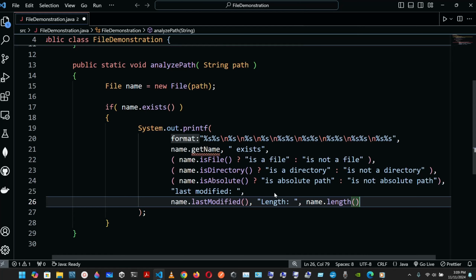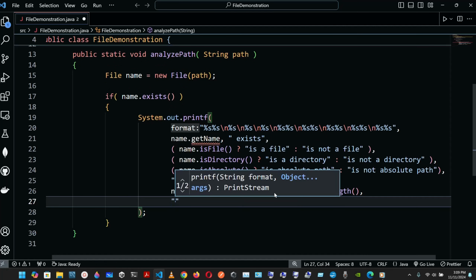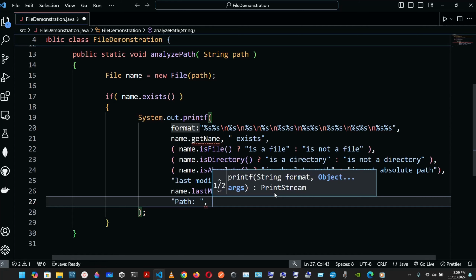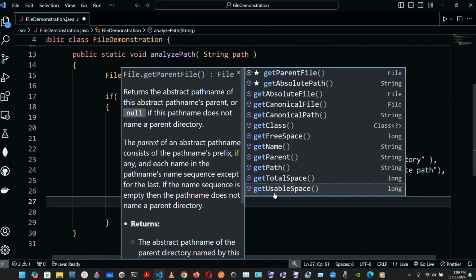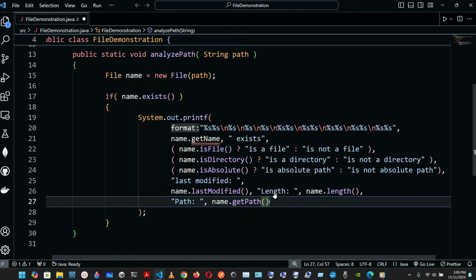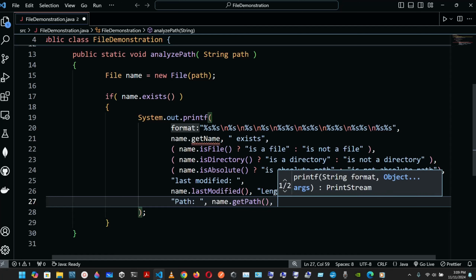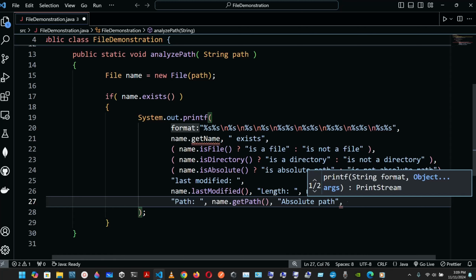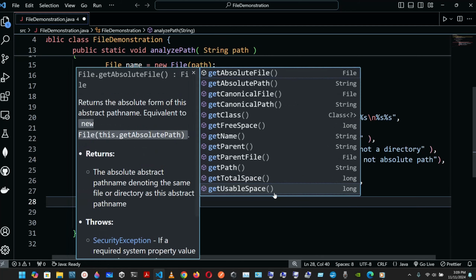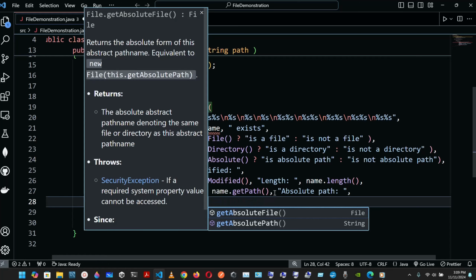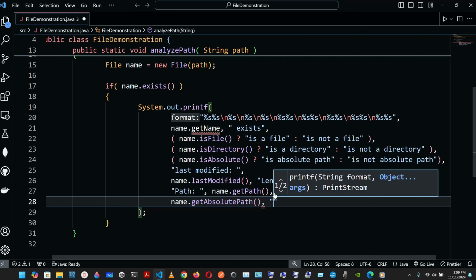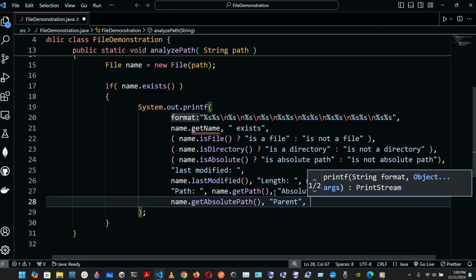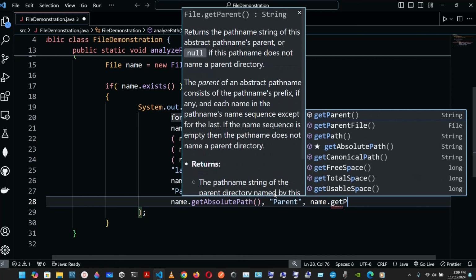comma. Now we're gonna have in the path, so we're gonna have in the path, colon, space, comma, then we will have name that get path, so get path, okay, comma, absolute path, okay, colon, and here we'll have name that get absolute path, okay, comma, we will have parent, and we will have name that get parent, okay,